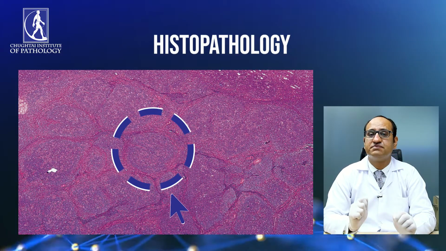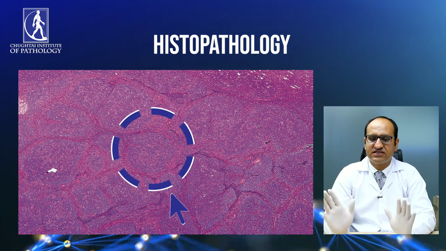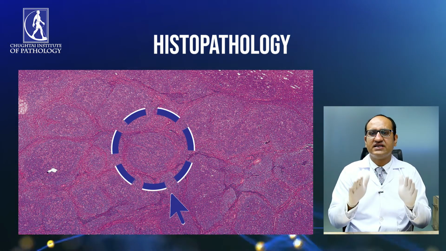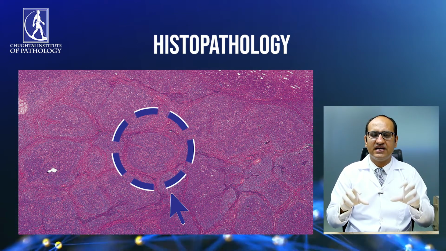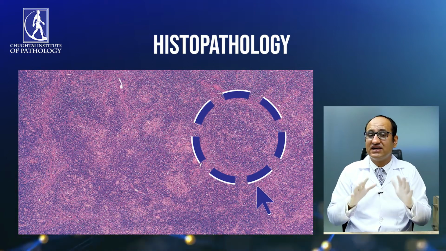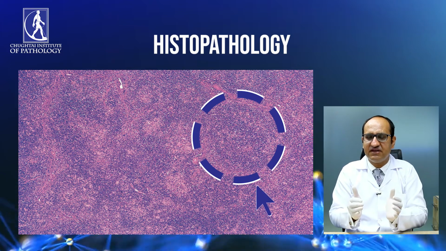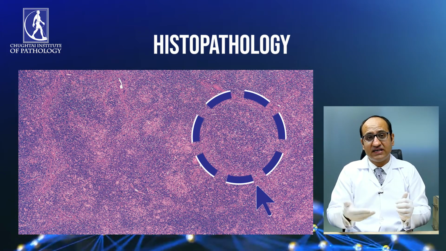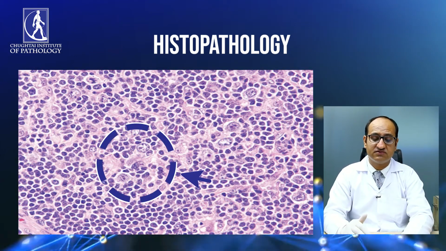When you see a slide of nodal lymphocyte predominant Hodgkin lymphoma, as the name shows, it has nodules which contain a predominant population of mature lymphocytes. Here in this picture you can see that the normal architecture of the lymph node is diffusely effaced by nodules of variable size, and on high power you can see it has a mottled appearance: there are small B lymphoid cells and scattered large cells, which are even seen on lower power, giving a mottled appearance to the lymph node.